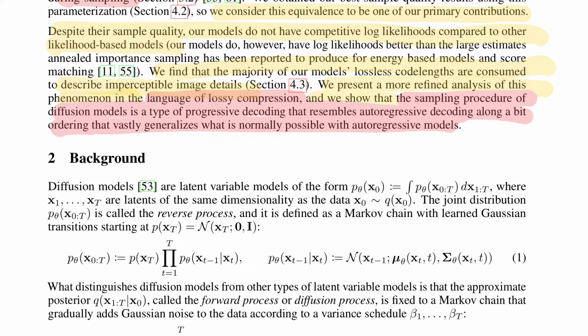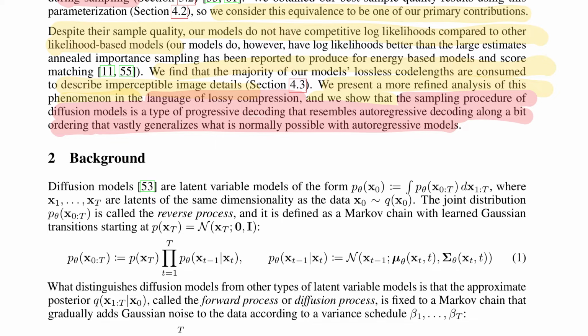Now, one thing that they have found out with this regard is, let's read this part: we find that the majority of our models' lossless code lengths are consumed to describe imperceptible image details, which reminds you of what? Yes, compression. And then they presented a more refined analysis of this phenomenon in the language of lossy compression. They show that the sampling procedure of the diffusion model is a type of progressive decoding that resembles autoregressive decoding along a bit ordering that vastly generalizes what is normally possible with autoregressive models. So this part of information theoretical analysis of this, also from the perspective of rate distortion,